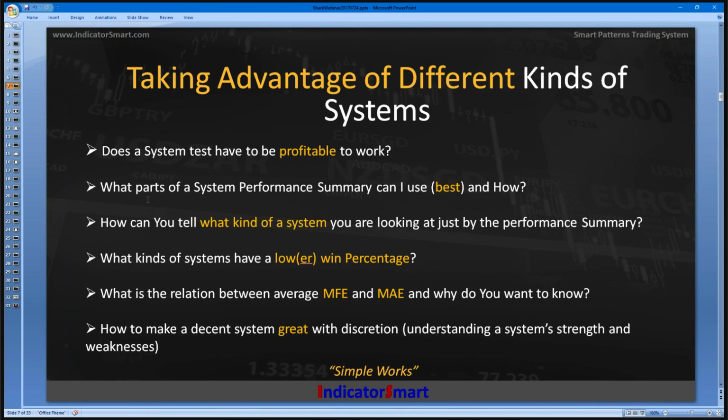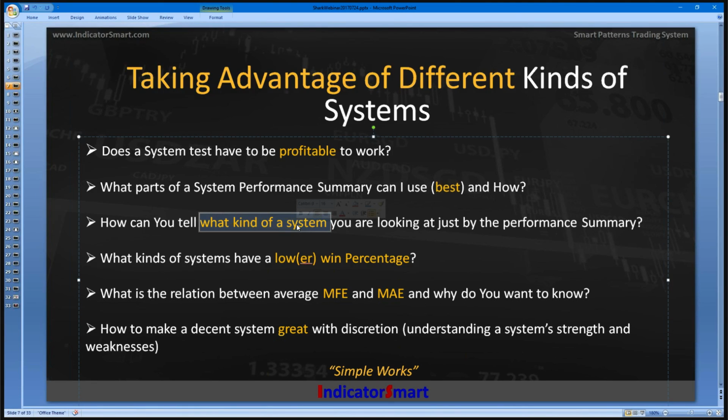So we just talked about that a bit. How you can tell what kind of a system you're looking at just by the performance summary. We'll take a minute on that. Actually, I'll cover that right now because I don't have a specific slide for that. So what kind of a system are you looking at when you look at a performance summary? Well, as a general rule, and if you're serious about building systems, you should really know this right off the top of your head. Trend-related systems tend to have lower winning percentages,